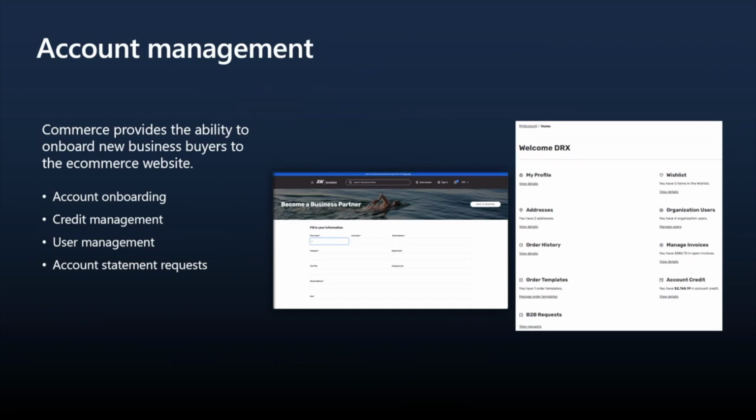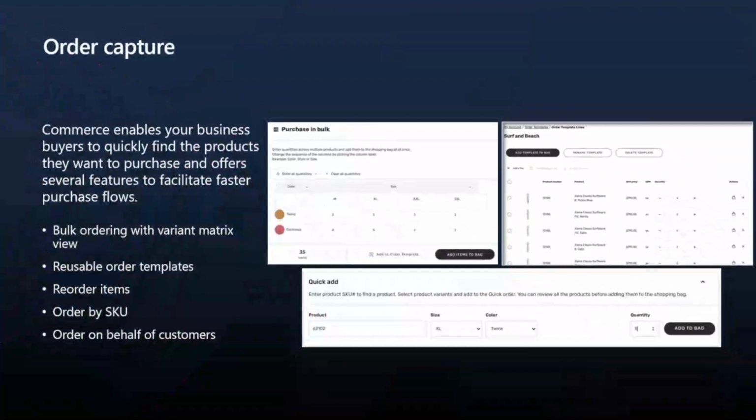So with that, let's move on to the ordering capability of the product. Until now, we saw that a business partner was onboarded on the website. They can add more users. They can view the credit assigned to them. The next step is purchasing. So our